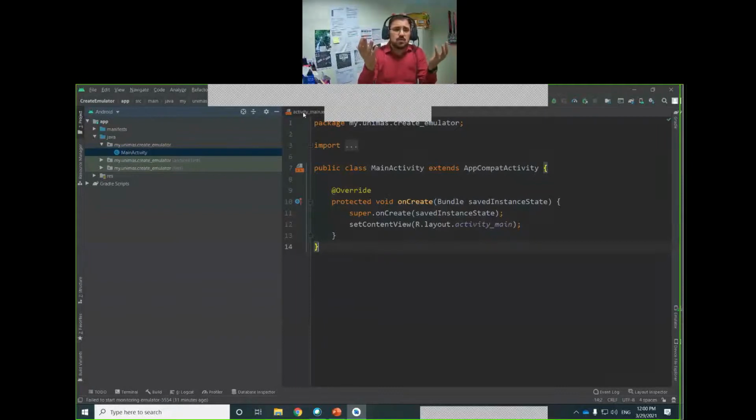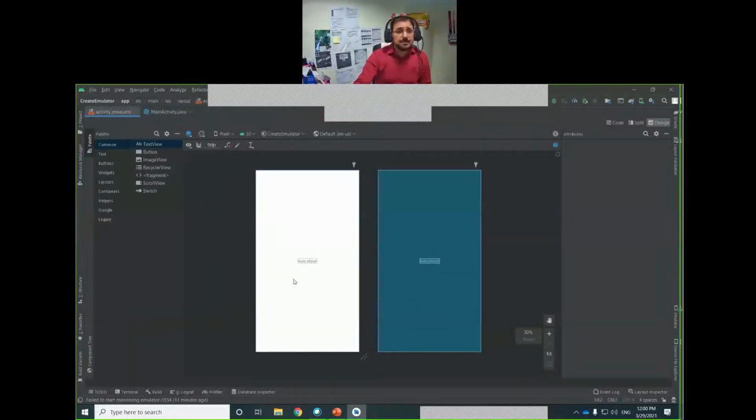Now, as you know, every application has two faces. One is the user interface, like you see, if I click main.xml, this is the user interface of our application.